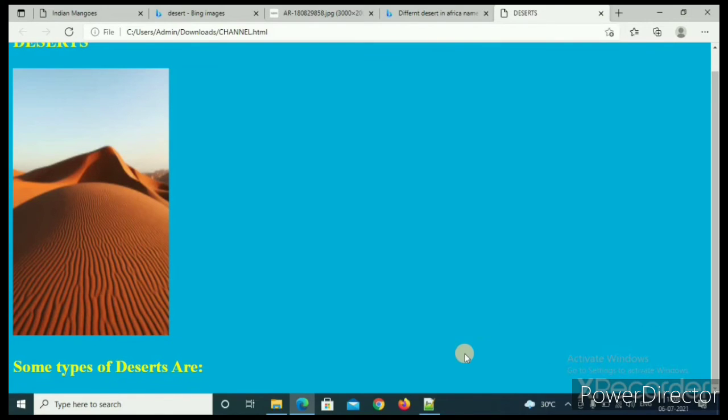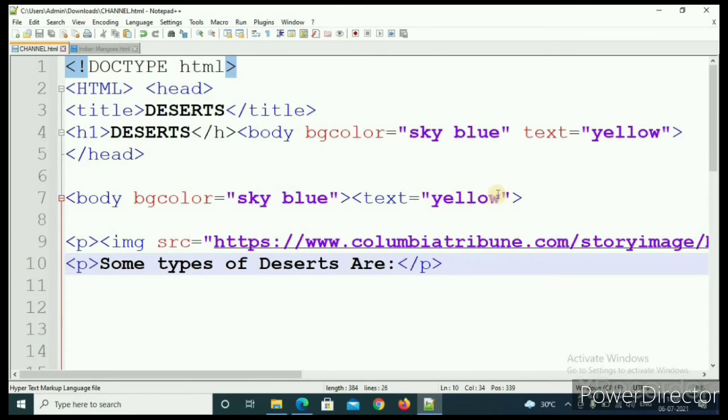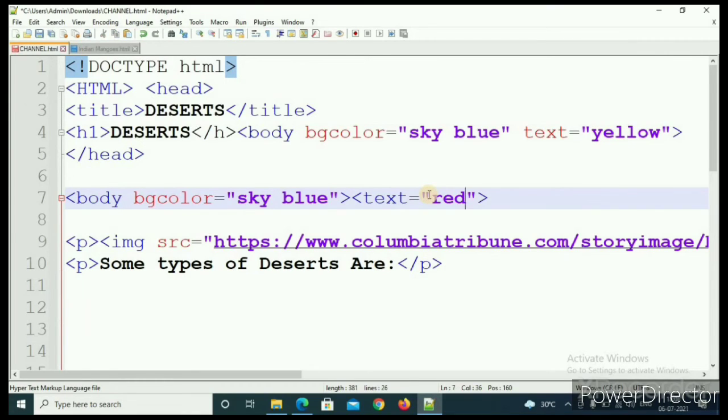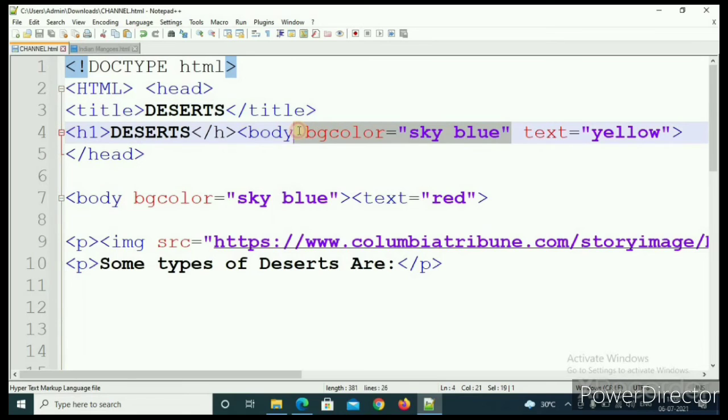Okay, so let you can come, and here I will change. I will not keep that yellow, I will keep that red, as I want to give it a different color. Okay, here I think that BG color is not required here.